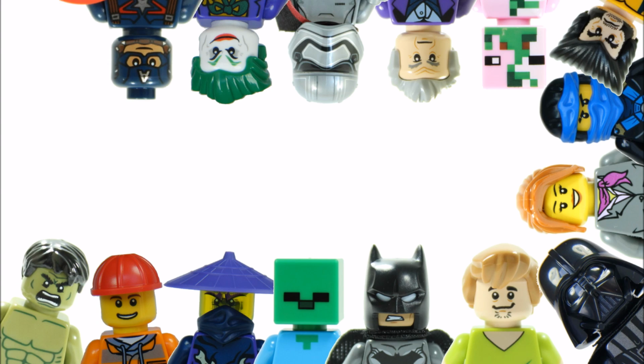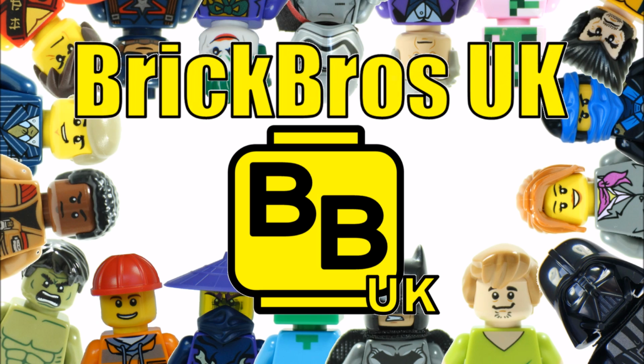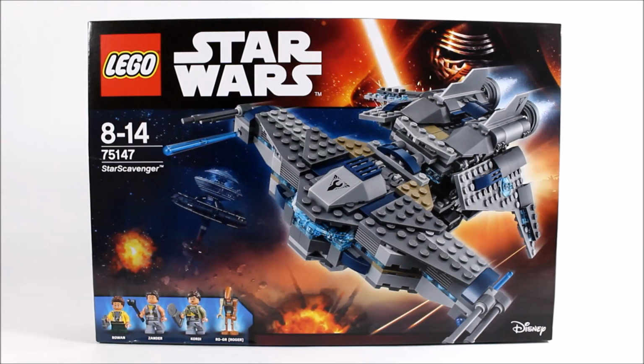Hello, it's Brick Bros UK with the LEGO Star Wars Starscavenger 75147, and this is one of the two sets released this summer based on the new Freemaker Adventures TV series. And the smaller set is the Eclipse Fighter, which we've already reviewed, and you can always check that video out later. Now the Starscavenger costs £49.99,